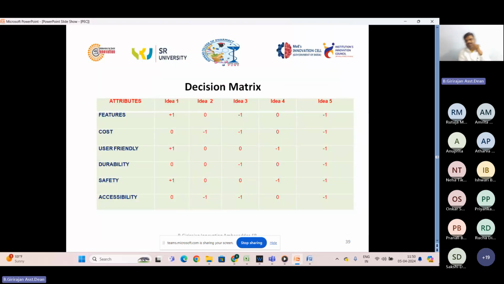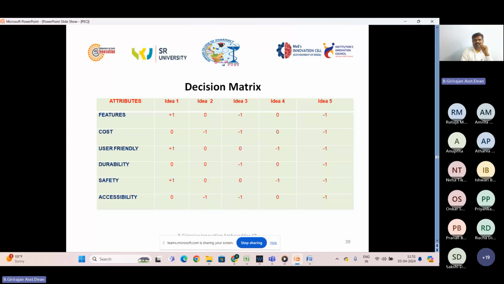I told you that when you are designing the concept generation, you should allow some method for selecting the best method. So we have a decision matrix here with parameters on the left side and idea 1, idea 2 to idea 5. You have to give marks. If the idea is the same as the standard method, it is 0. If it is better than the standard method, it becomes +1. If it is lower than the standard method, it becomes -1.